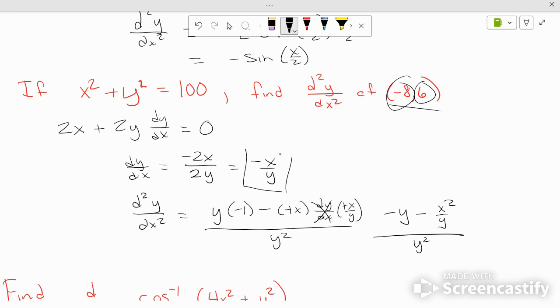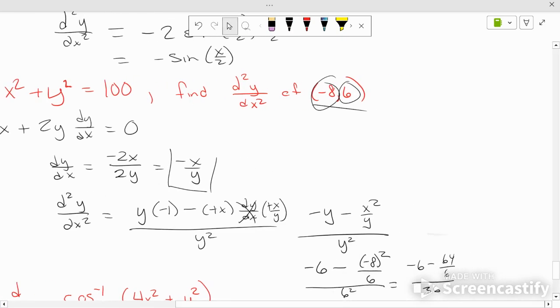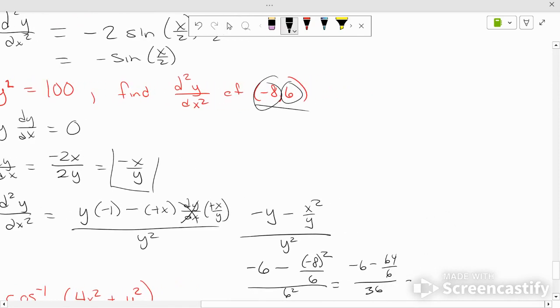So we go negative 6 minus negative 8 squared over 6, all over 6 squared, which is negative 6 minus 64 over 6, over 36, which is, okay, get a common denominator on top, so it's negative 36 over 6 minus 64 over 6, over 36,